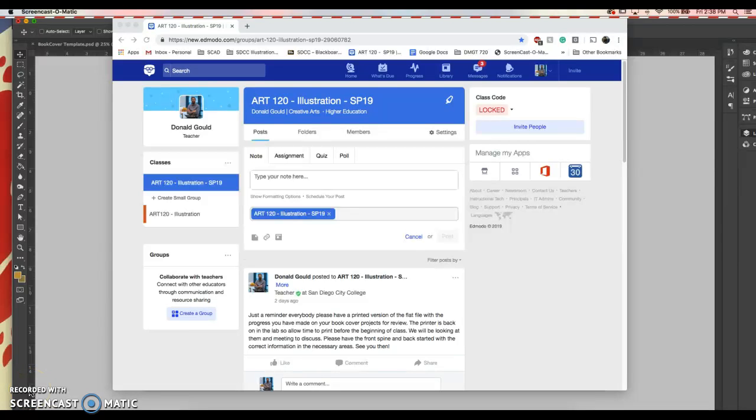Hey y'all, just wanted to go ahead and go over the book cover project mock-up and template for you guys. And for the mock-up, that back cover, how it needs to be reversed. So I'm going to go through the process here that I showed you guys in class, and you guys can